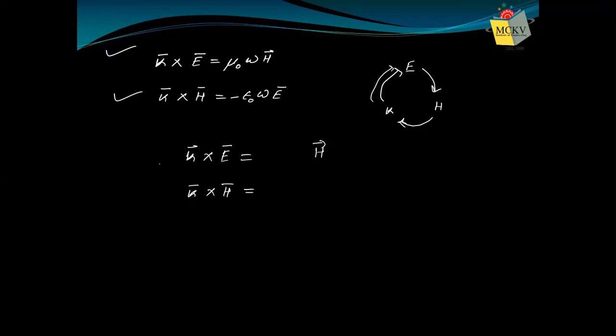Whereas in the second case, k cross h, this is the direction we are going now. So it will give you minus e. So we write minus e here. In both equations, omega should be present. Now with h, which constant always comes? Think of any magnetic field expression. Which quantity always comes with h? Mu naught. Similarly, with electric field, which constant always comes? Epsilon. So these are your equations. That is the way you can remember them.